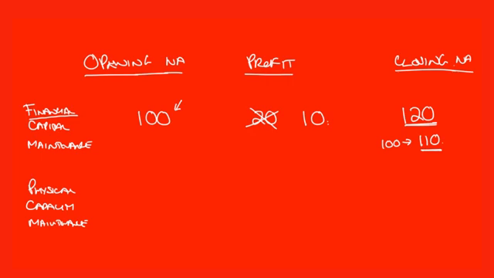Okay, so it's not a big thing in this exam, but this is the way you need to look at it. So you have to look at the opening figure, inflate that, compare it to the closing, and then the difference is the profit. It's the same with physical capital maintenance as well. So physical capital maintenance is literally,